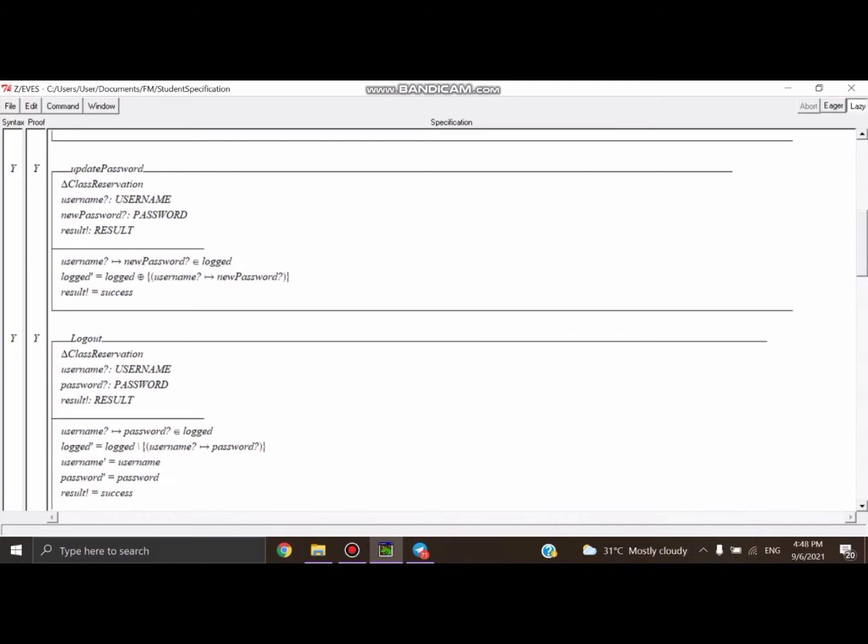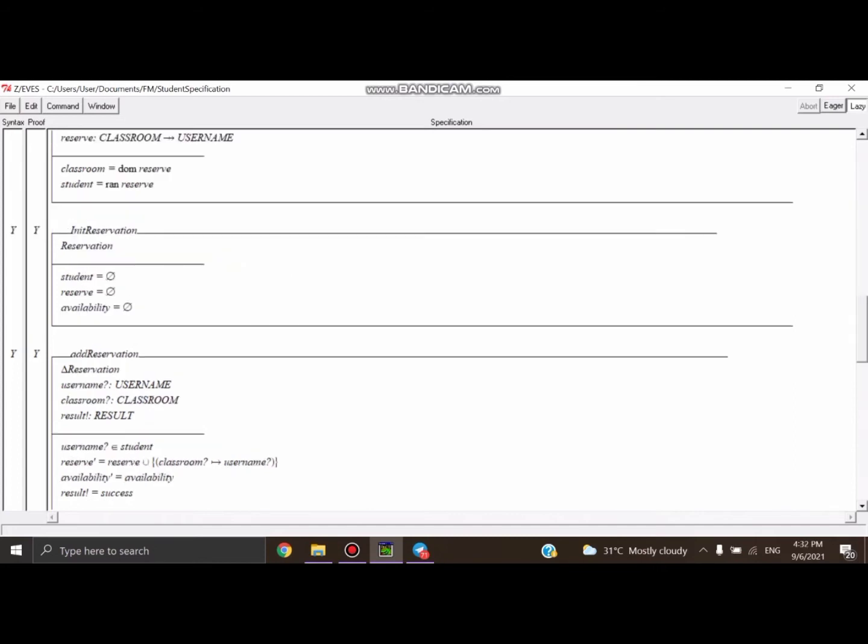For the logout function, the student needs to input username and the password. If the username input matches the password input, username prime equals username and password prime equals password, the student will be logged out from the system and the result successful will be displayed. At reservation, there will be a change in reservation, and the student needs to input username and the classroom. Username must be a membership of the student, and reserve prime equals reserve union, and it will check whether the classroom input matches with the username input, and availability prime equals availability,